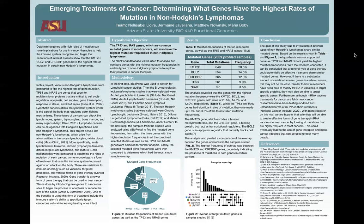The study's sample analysis revealed that the genes with the highest mutation frequencies were the KMT2D, BCL2, and CREBBP genes, with rates of 20.5%, 14.5%, and 12% respectively. While the TP53 and RAS genes had significant rates of mutation, they only made up 9% and 3.5% of the